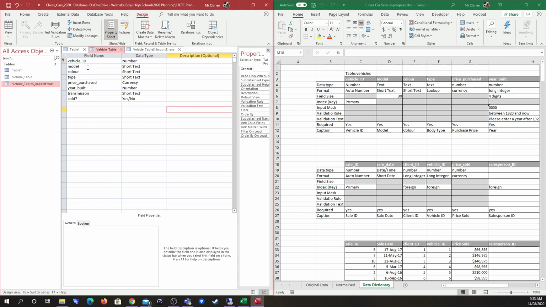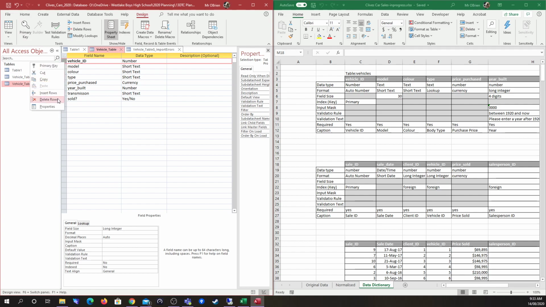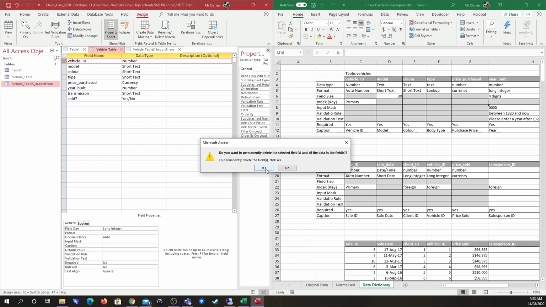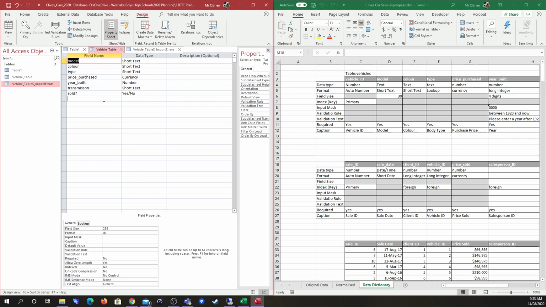So the way we need to get rid of this is fiddly, but we get there. So firstly, because we set this to primary key, we're going to uncheck the primary key button. You can tell it's primary key because it's got a little key here. So first thing, uncheck the primary key. Secondly, we're going to right click and delete rows. And yes, we do want to delete it. We know it's got data in it. And then we're going to remake that field,